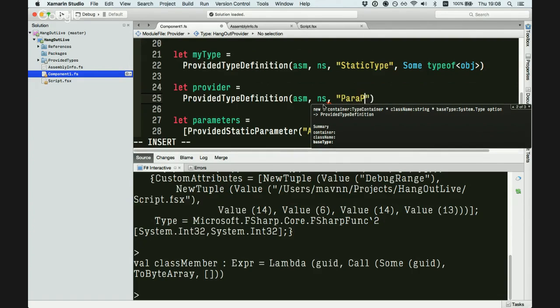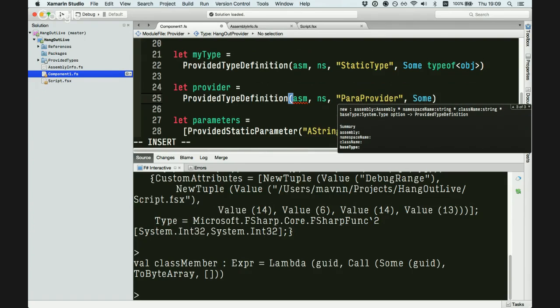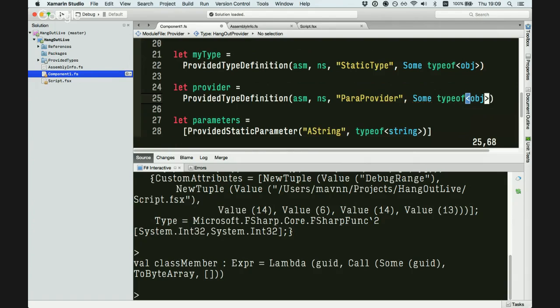So this is a parameterized provider. So we'll call it provider. Why not? We'll have a base type of object again because we don't want to do anything fancy with it. So that's great. Now we need to hook up this call